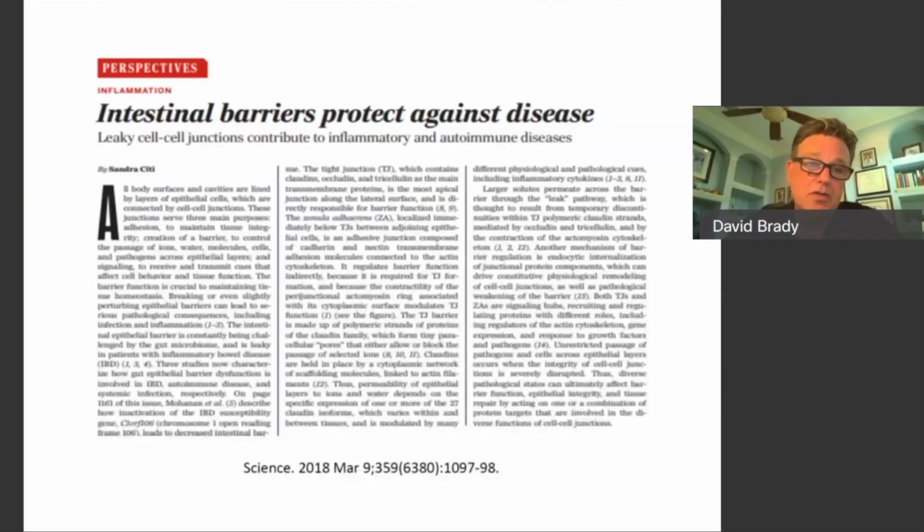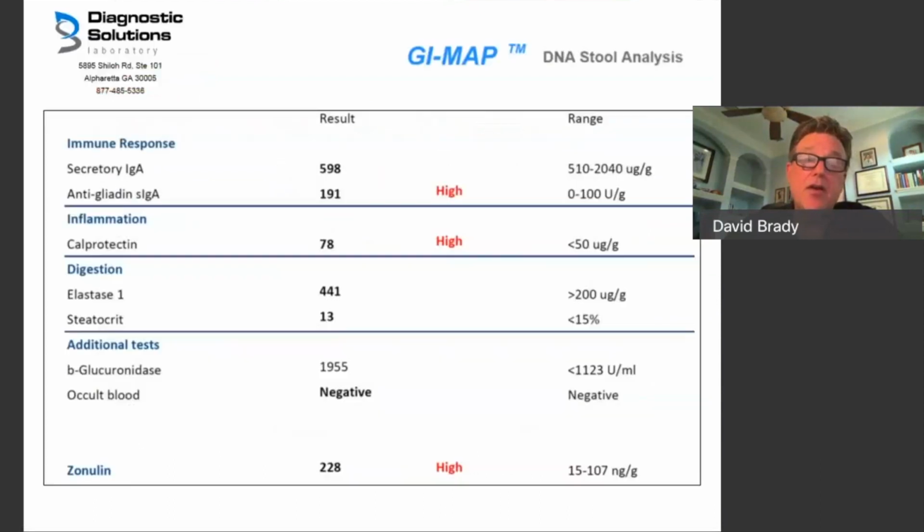And the last thing I wanted to talk about is the intestinal barrier. We all know of Professor Fasano's work with zonulin and his work in gluten patients, but we have a lot of markers on the GI map test trying to look for leaky gut. Things, direct markers such as zonulin, which is high in this case, calprotectin for inflammation, but other clues such as